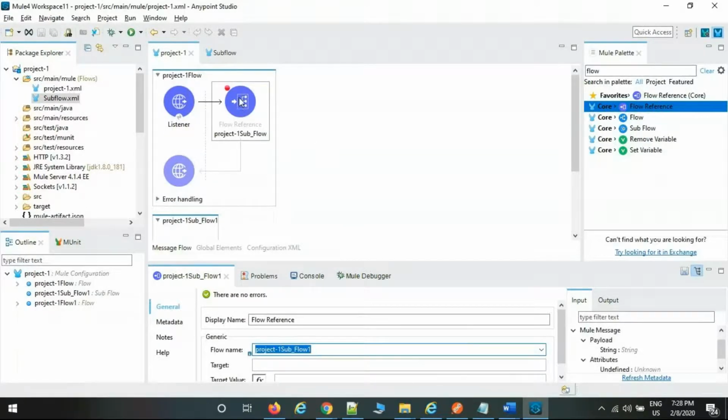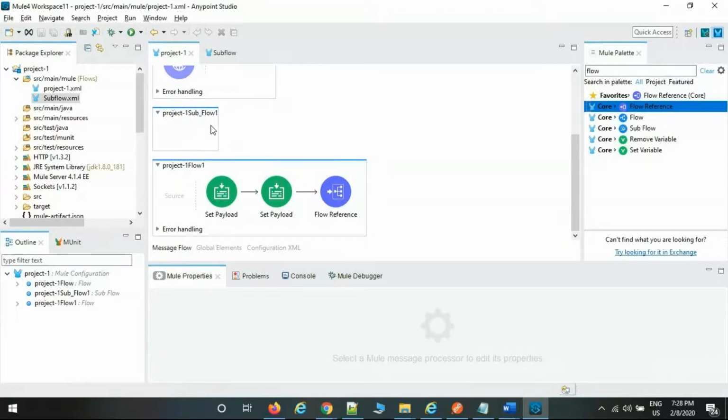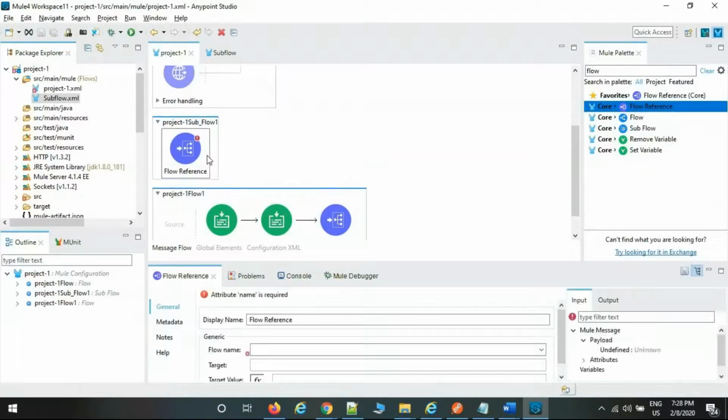This is the main flow which is defined. The flow reference is going to call the private flow. Internally, this private flow points to this subflow. Again, subflow. If you want, you can select one more flow reference also. So don't think that a flow reference is always allowed only in the main flow. Flow reference, wherever you want, you can put it.